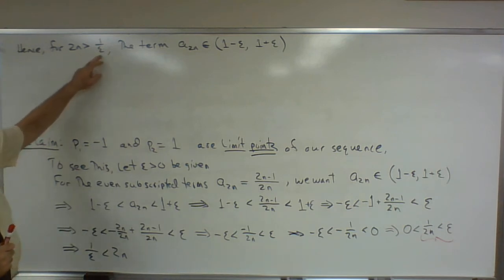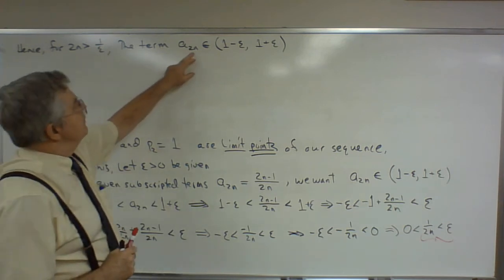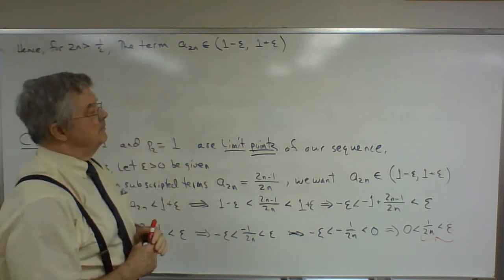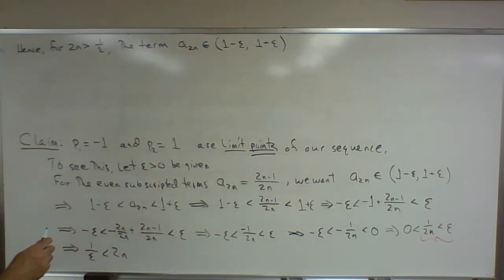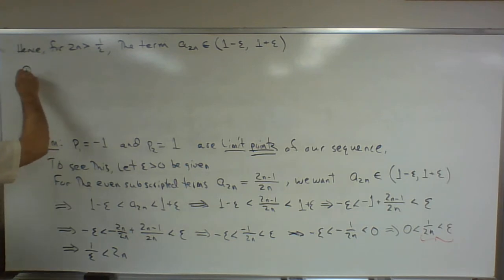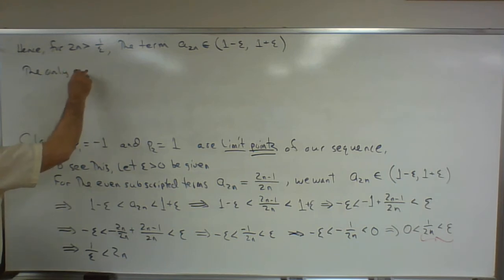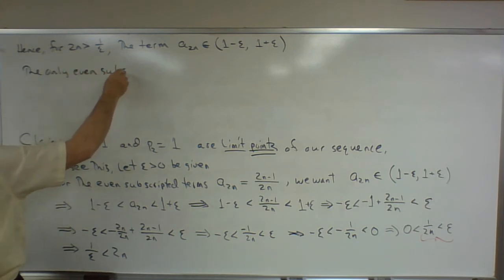If 2n is greater than 1 over epsilon, the term a sub 2n is in this interval. The only even subscripted terms